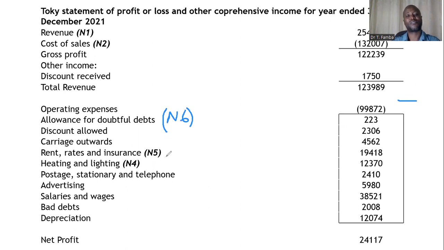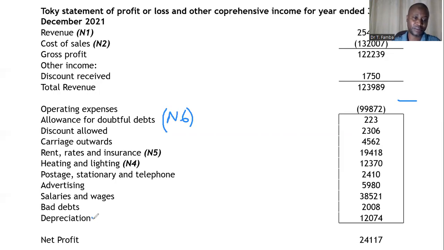Then rent, we've computed this. So we are just bringing it here after taking care of the prepayments. So the figure has come down. Then heating and lighting has increased because we have accruals. Then these other figures remain as they are in the